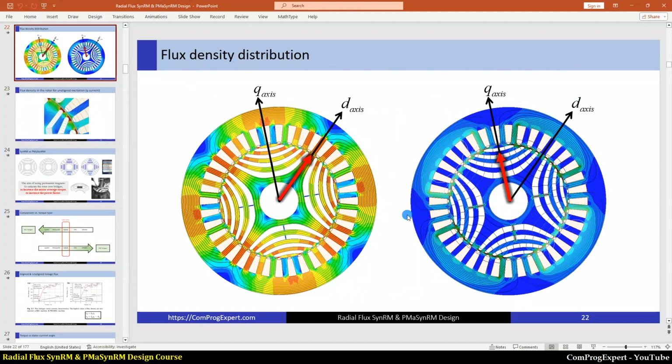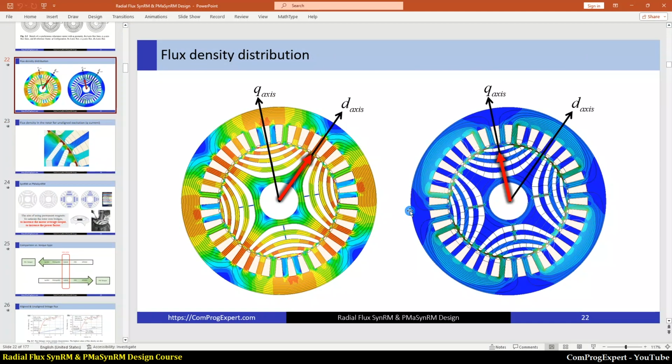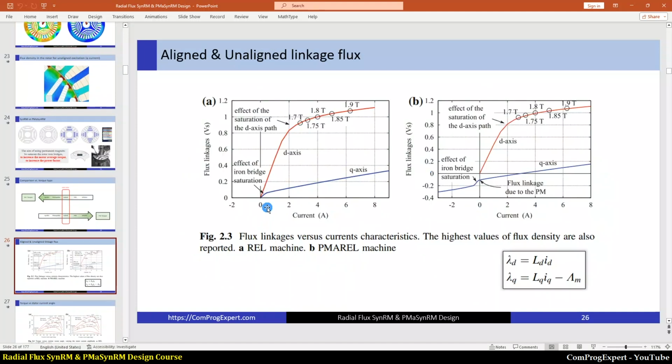When we set the value of current angle equal to 90 electric degrees and increase the excitation level, first we saturate the tangential ribs, and then when we increase the current level, we have this straight line because